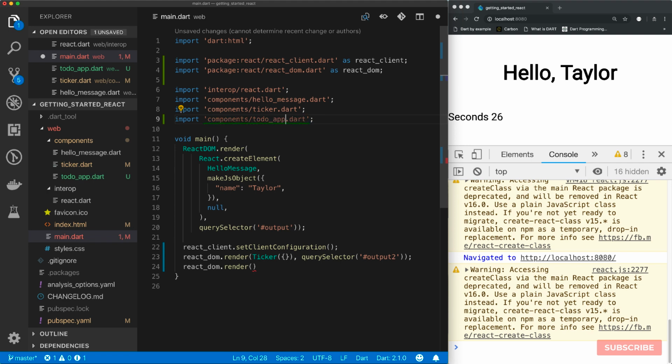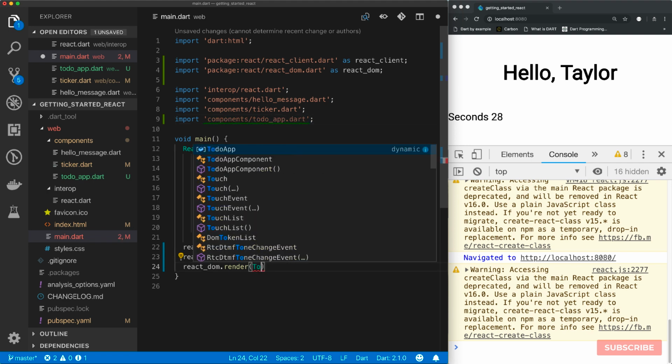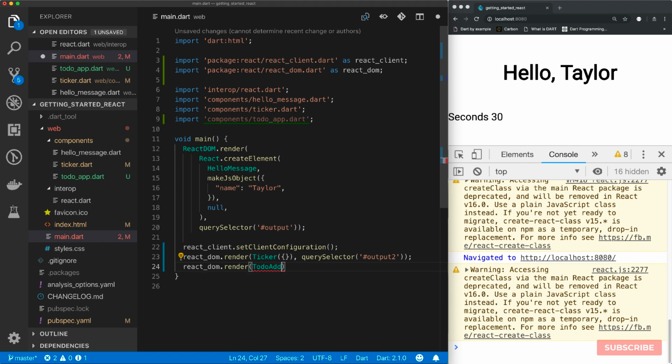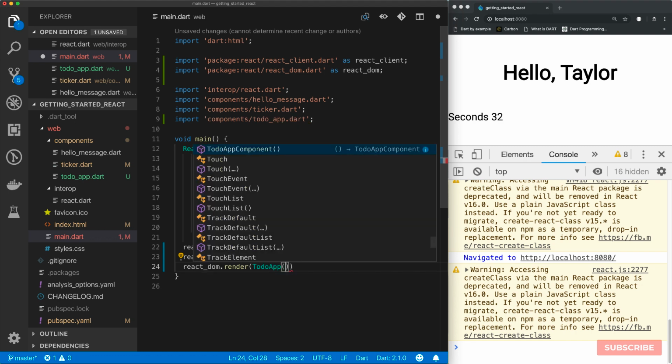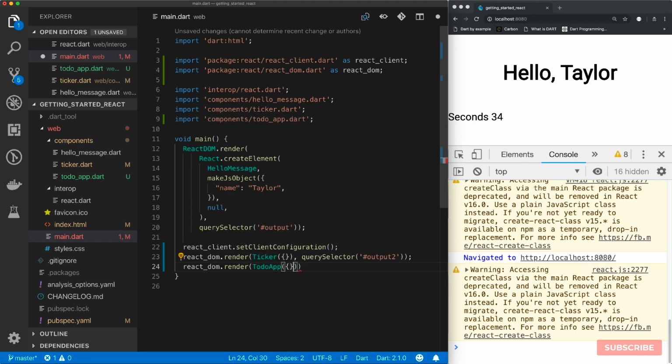We called it todo_app.dart, and then create a new instance of that. It doesn't take in any parameters, so we pass in an empty object, and we need to give it a DOM node for it to be rendered in. We're going to call it output3,